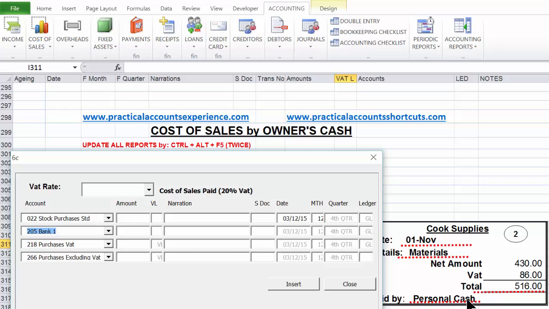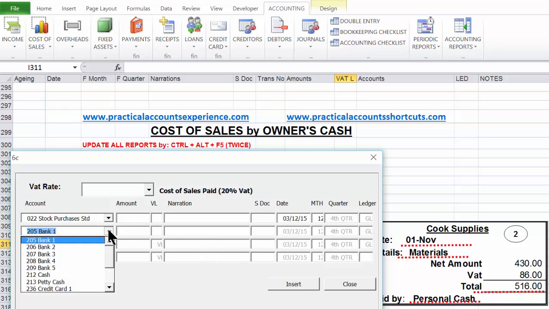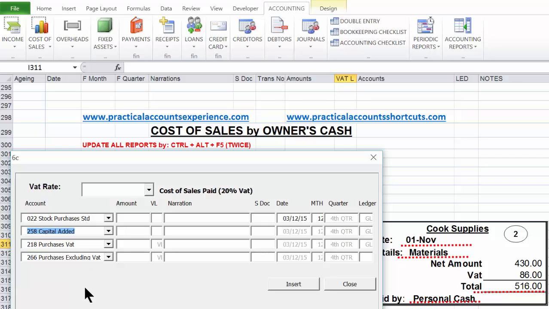And this was personal cash used. So click the drop down and scroll down to capital added, account 258. That is to be credited. Now we tab, this is not optional, move to the amounts box. In here, we record the amount to be debited to the stock purchases account, and that amount should be the